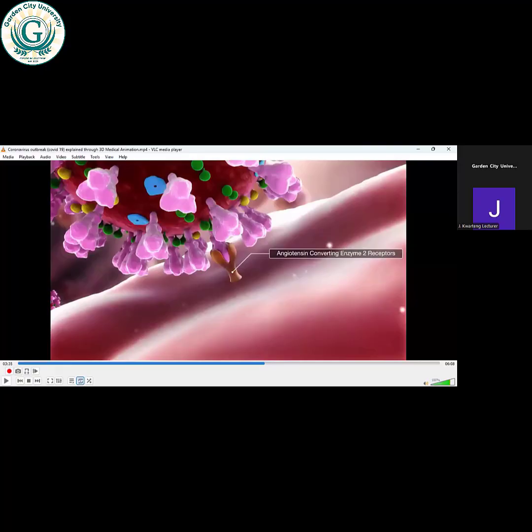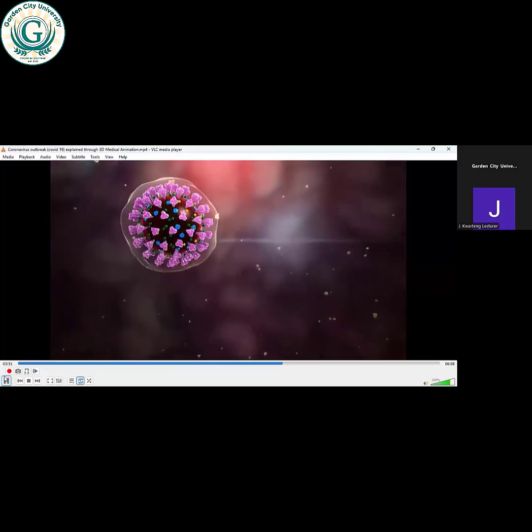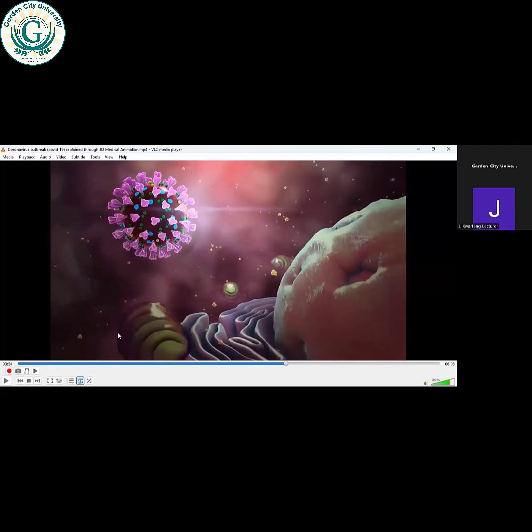So it's not a viral receptor. It's not meant for the virus. It is meant for angiotensin converting enzyme 2. Are you okay? But the virus will identify with it, bind to the receptor, and then fool the cell to think it's the angiotensin converting enzyme receptor. And the exact mechanism for this is not known. Most likely, as shown here, the human cell ingests the virus in a process known as endocytosis. Once inside the cytoplasm, the endosome opens to reveal the virus's genetic material. So the virus has now entered into the cell and it will cause damage.